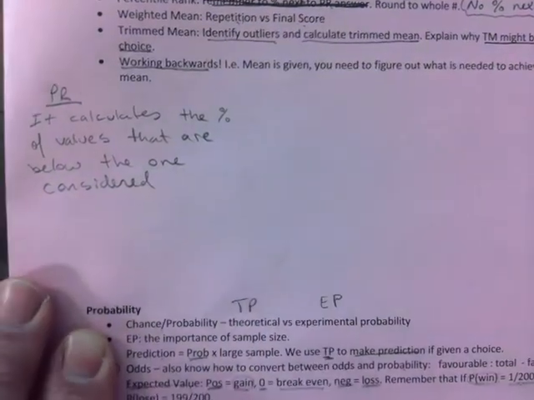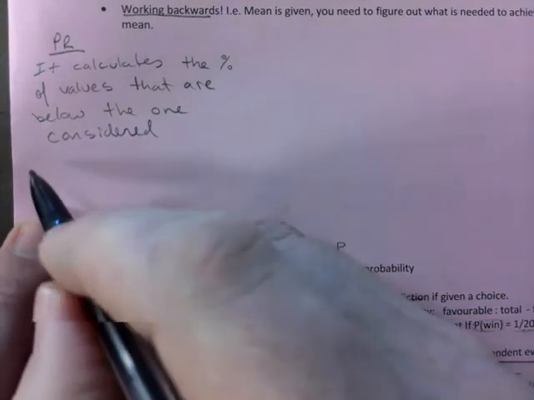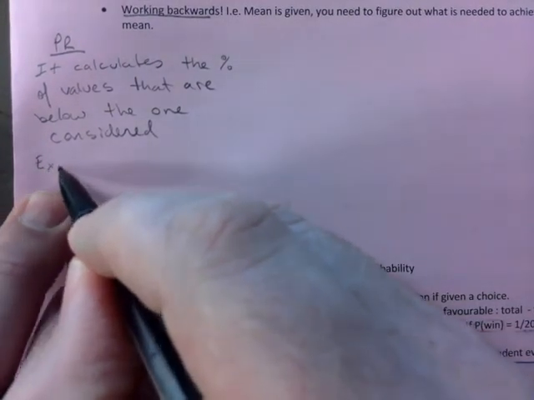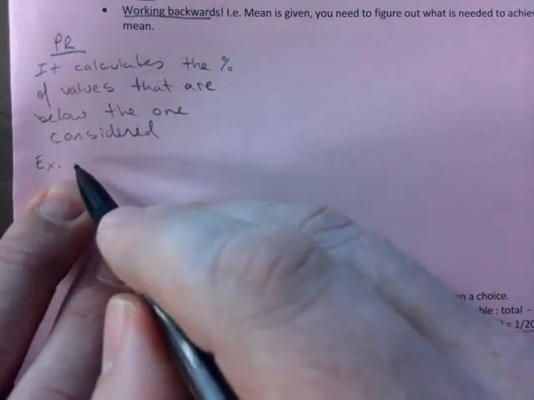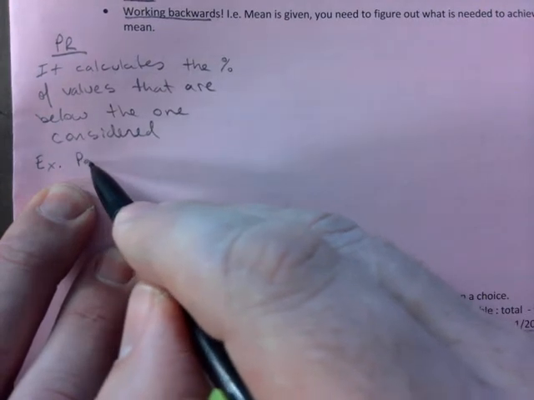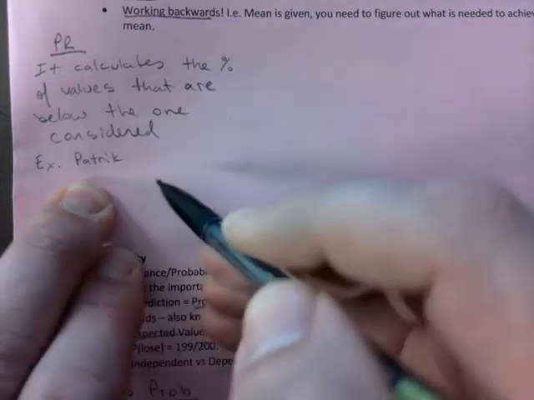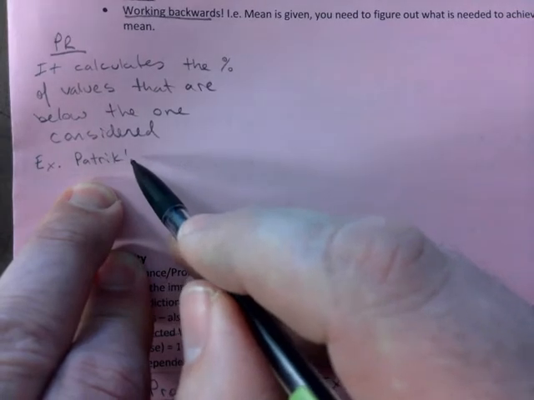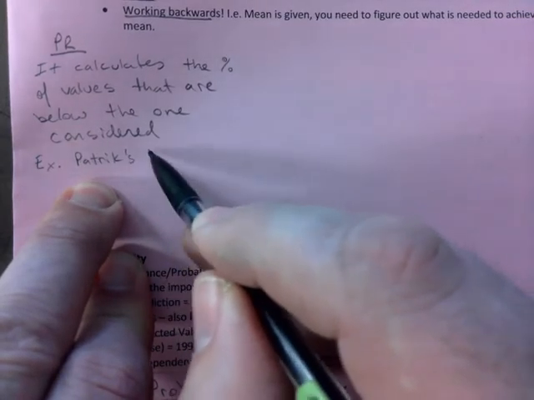Example, there's no Patrick in here, okay, then I'm going to use Patrick. Patrick's test score